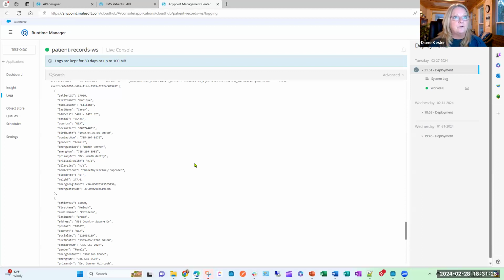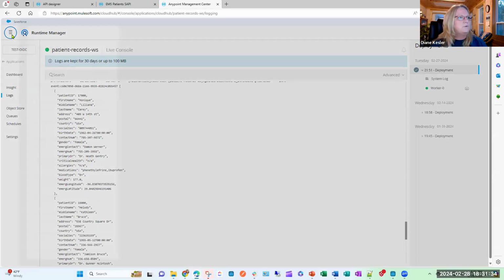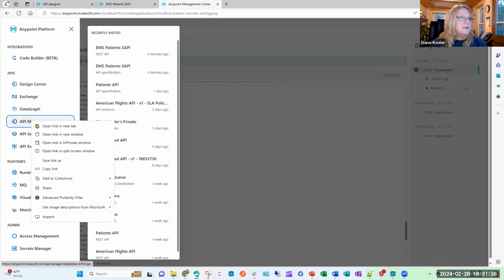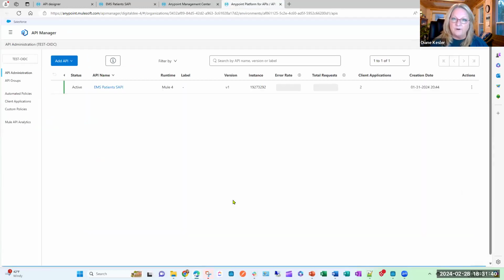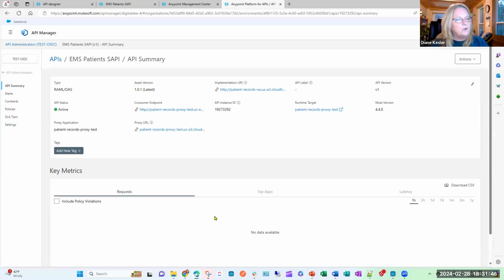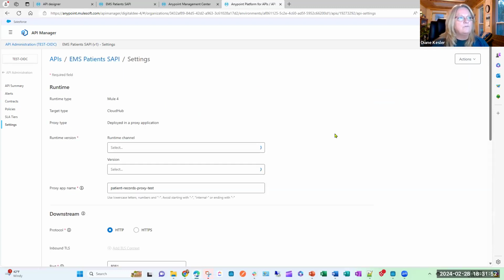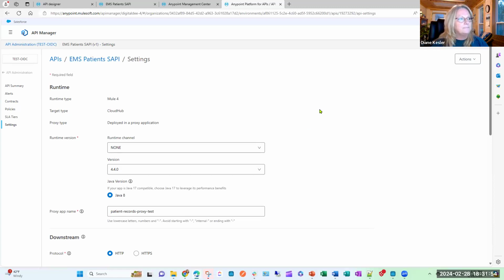Well, we want to secure it because at first this is not secured at all. So to secure it is where we go to API Manager. Now in API Manager, this is where we had to have our client provider defined before we could use that as one of the policies. And so we did, and there's a process here to go through and